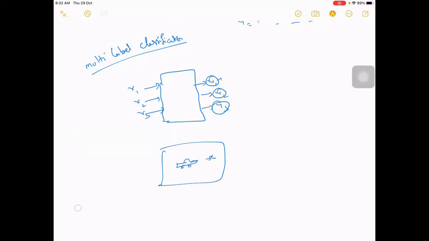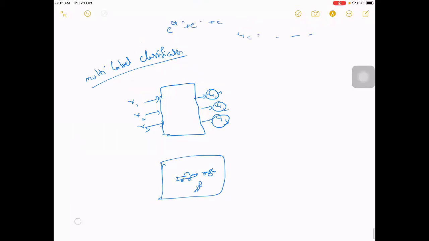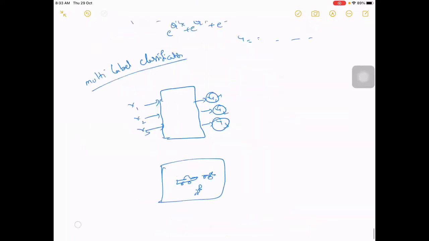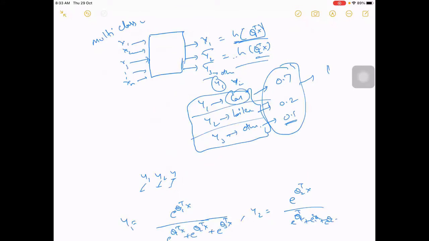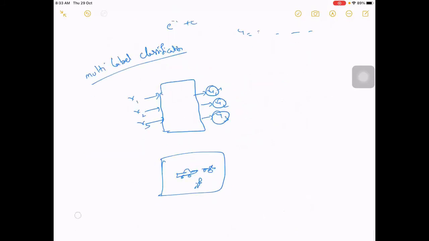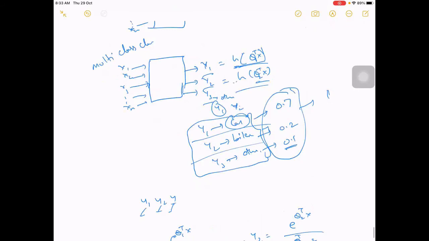And you can also have a dog in that, or a person in that. If you give this picture to a multi-class classifier, it will give only one thing: more probability to one thing and less probability to the others. Mostly, whichever looks larger, occupies more of the picture, and has more clarity may get more probability. So we take the highest and say that the picture contains a car.